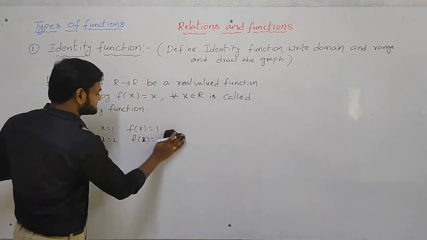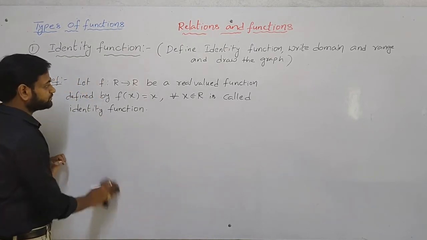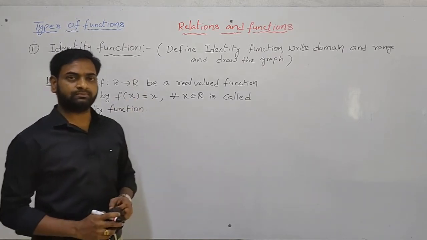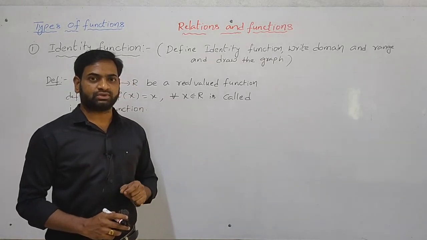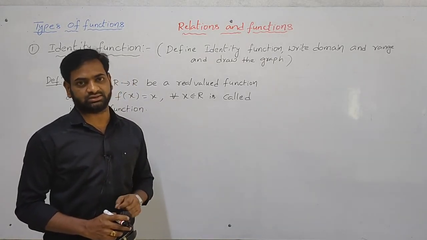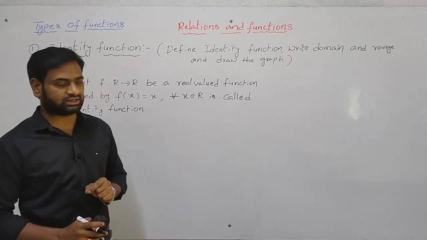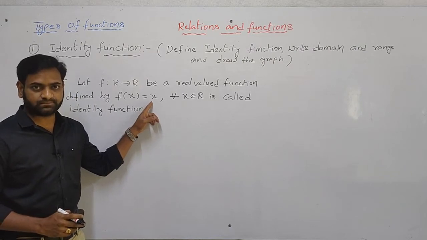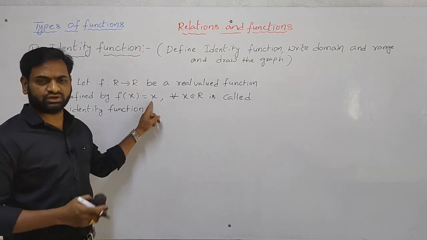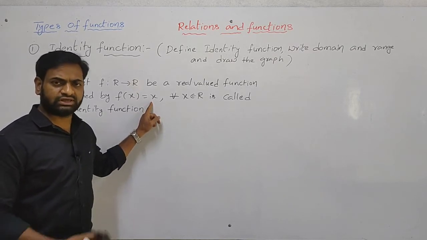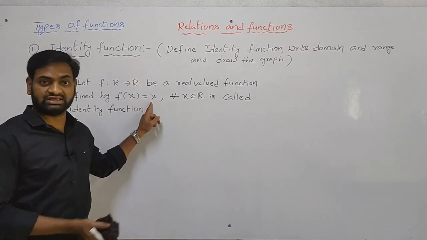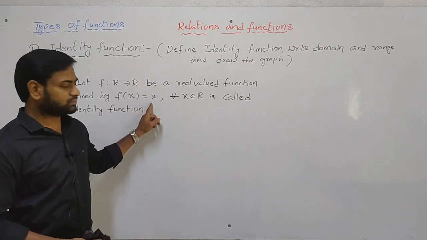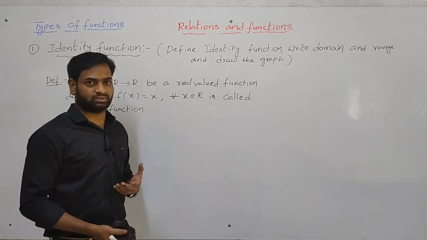So here we have to decide what is the domain and what is the range. The function is f of x equal to x. Do we have any denominator here? In this function there is no denominator. When there is no denominator, directly you can write domain is real numbers. There is no condition here. You can take any value: 0.5, 0.7, minus 1.5, minus 2.7, like that. For every value, it is acceptable.